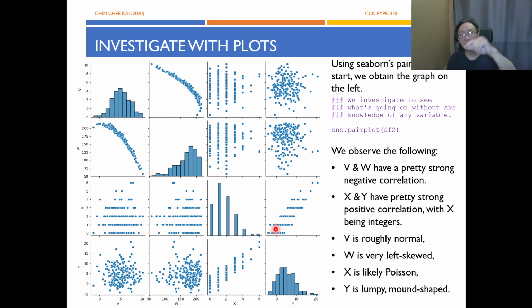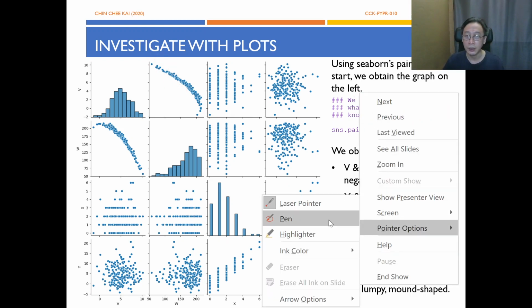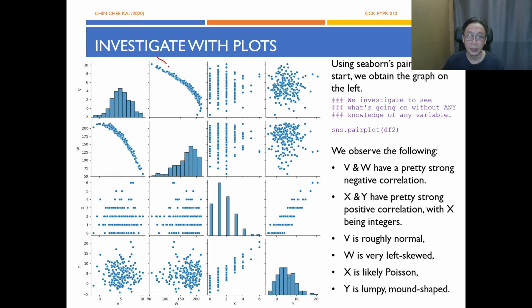If X increases by this amount, Y will increase by that amount, almost for sure. That is what we are saying. Whereas this, first of all, it is a negative gradient, but if I draw a line, let me actually draw a line. If I draw a line like this, some of you might agree, some of you might disagree. It's a good line. If I draw a line like this, sorry,